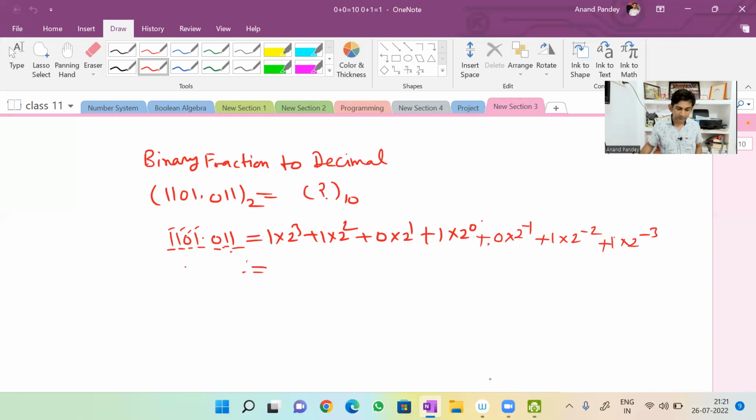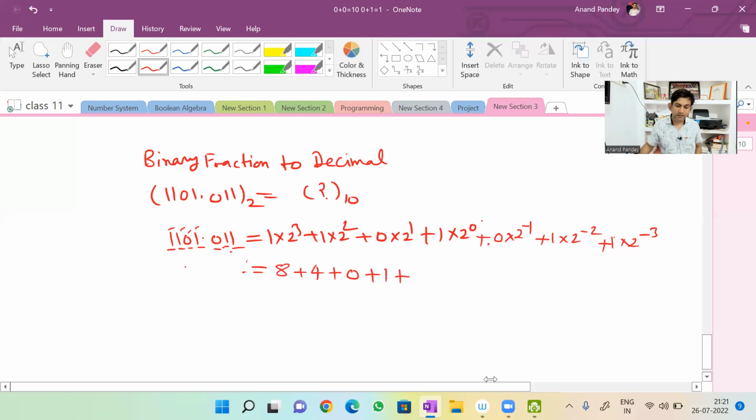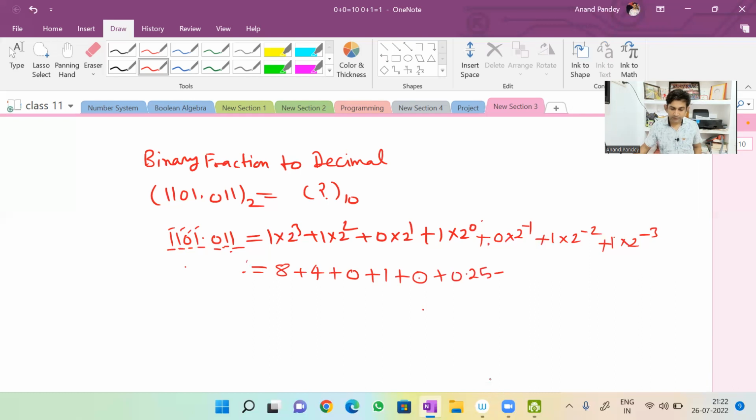बाइनरी टू फ्रैक्शन डेसिमल. इसको कैलकुलेट करें, 2 to the power 3 8 होगा, 2 to the power 2, 4 होगा, यहाँ पे 0 होगा, यहाँ पे 1 होगा. 2 to the power -1 इसकी वैल्यू हो जाएगी 0, और यहाँ पे हो जाएगा ये 0 हो जाएगा. फिर 2 to the power -2 की वैल्यू हो जाएगी 0.25, प्लस 2 to the power -3 की वैल्यू हो जाएगी 0.125. ओके. अब सबको ऐड करोगे तो इंटीग्रल पार्ट में तुम्हारा आ रहा है 13